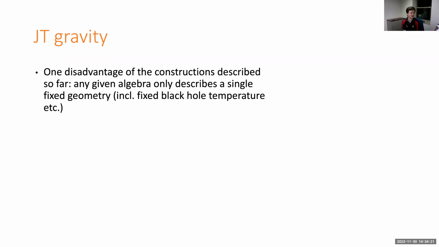So one big disadvantage of the constructions I've talked about in the paper so far is that we really had to take a semi-classical limit, so the geometry was basically completely fixed. Maybe there was some boundary time that could fluctuate, but the actual real geometry was fixed. And all the wormholes were short. Everything just looked like a two-sided black hole. We also had to use, for example, a different algebra for each possible size black hole. It's very specific to one particular geometry.